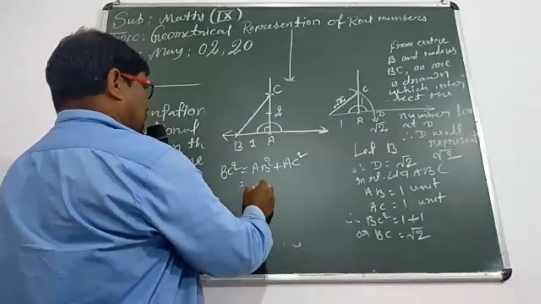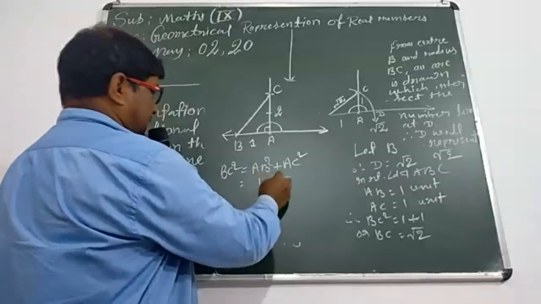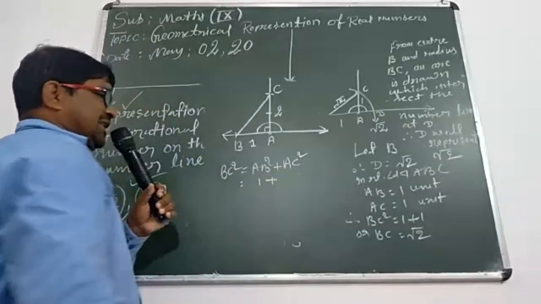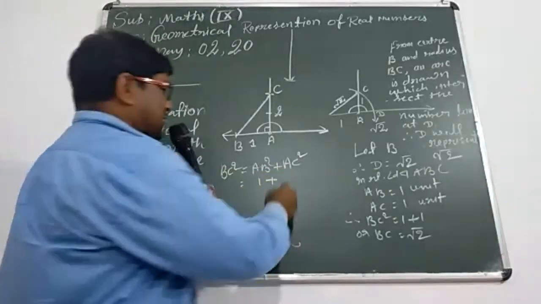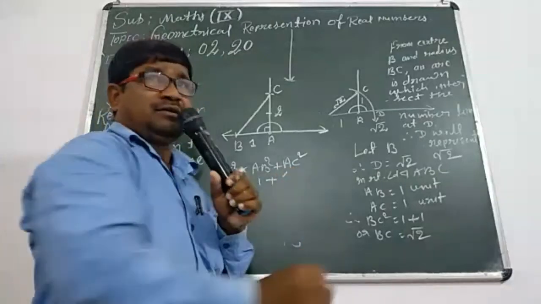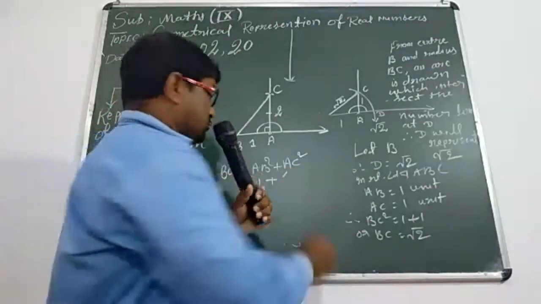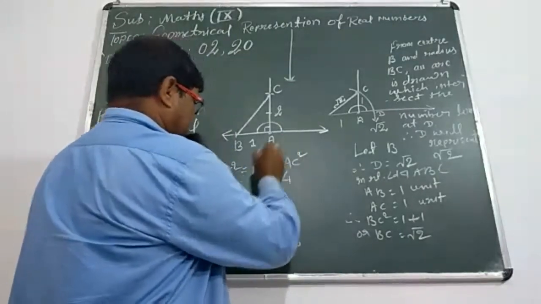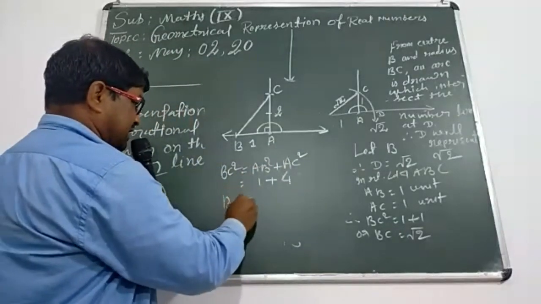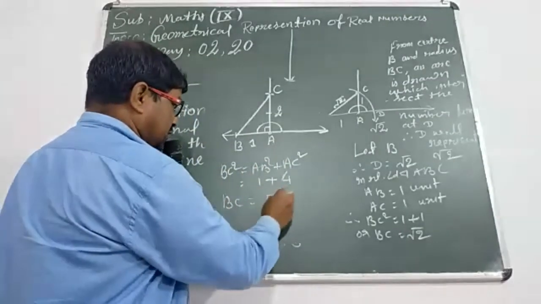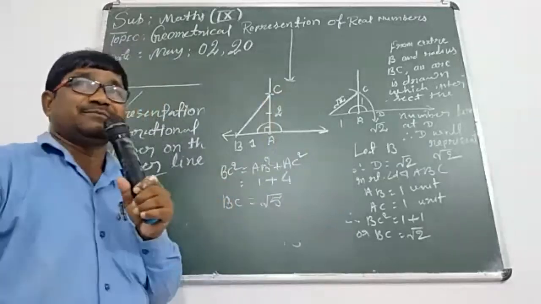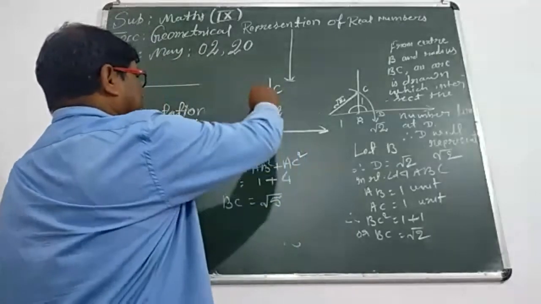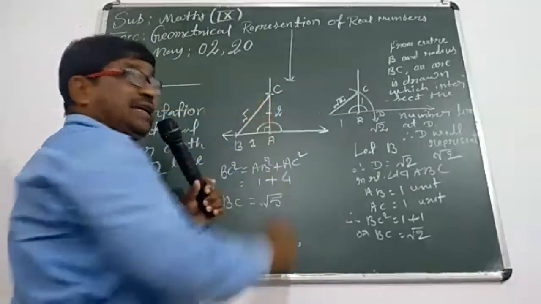AB is 1 unit, so square of 1 is 1. AC is 2 units, so square of 2 is 9. No, square of 2 is 4. Now student, BC equals under root 5 units. So the measurement of BC is declared,